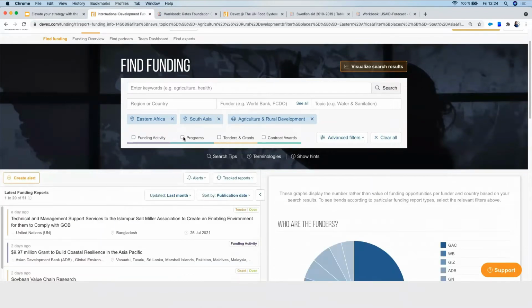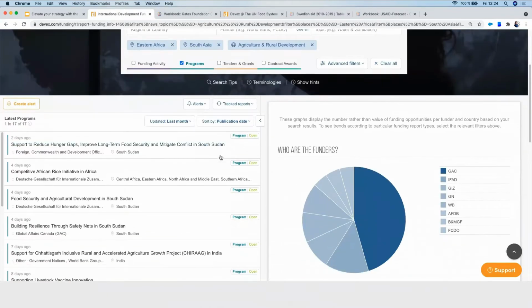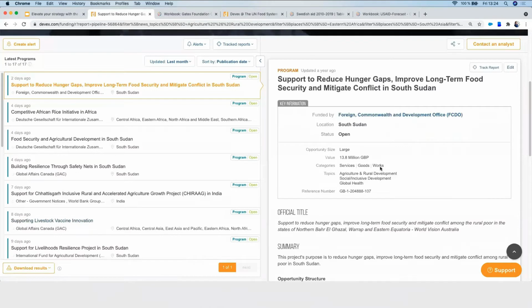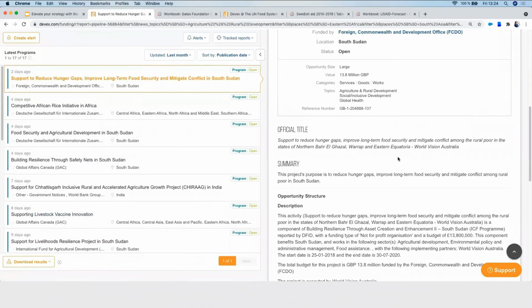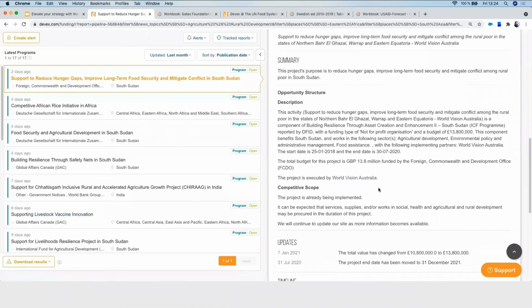Now, moving downwards again, you've got access to the program reports. This is to know what's happening, which programs are being rolled out and where. So for example, we've got an FCDO program that's currently open in South Sudan, rather large, again, 13.8 million. And you've got the opportunity structure already here and who the executing partner is, in this case, being World Vision